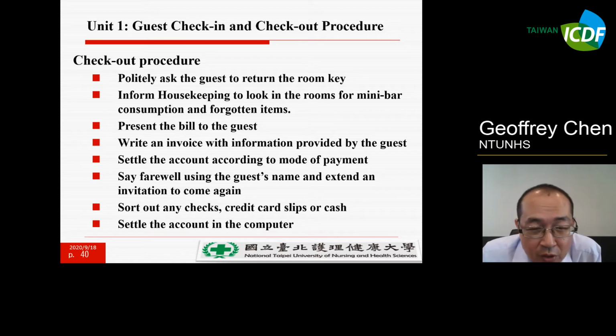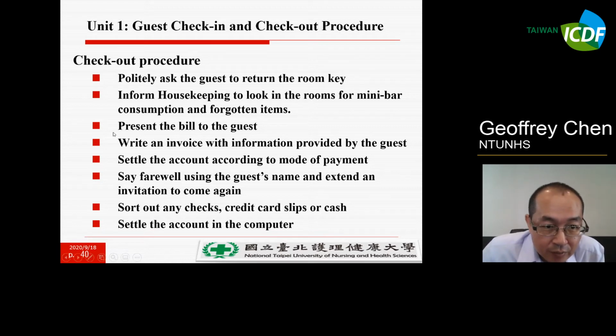Generally speaking, when a guest departs from your hotel, sometimes they really forget items such as a watch, cell phone, or belt, and any tiny things in the hotel rooms. So you have to remind them, since maybe they just forgot something. You have to inform your housekeeping to check and make sure nothing is forgotten in the hotel rooms.